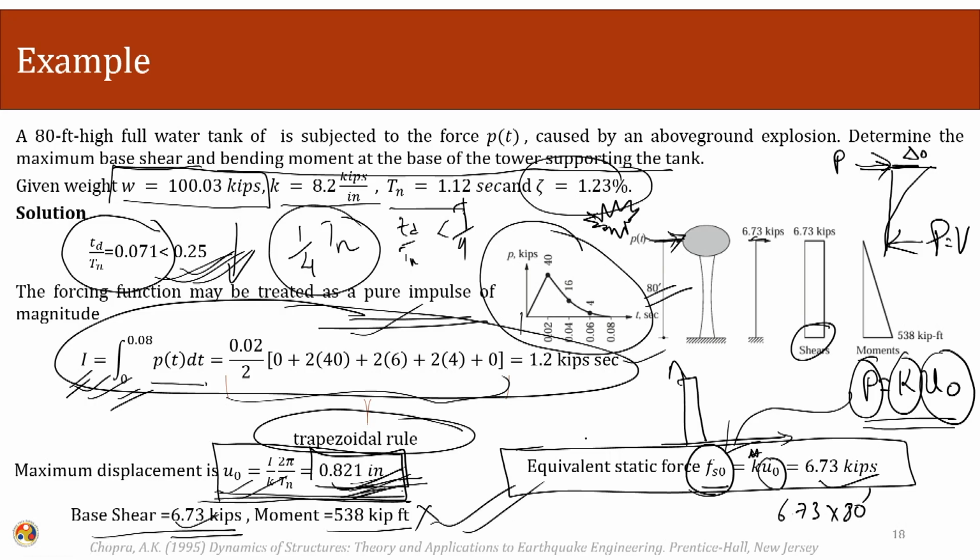So, using these equations, we calculated the required base shear and the required bending moment. Here one quantity of interest was the damping ratio. In case of blast and impulsive types of loading, normally we ignore the effect of damping. So, these quantities are overestimates of the required loading.